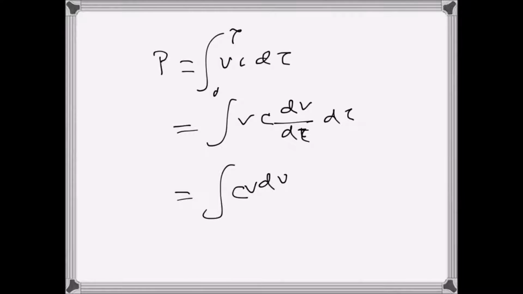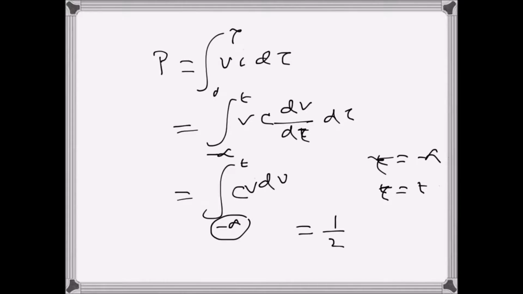So the integration is from minus infinity to t. Minus infinity is before it started, so before this the voltage was 0 because nothing was connected, but when tau is equal to t, the voltage is V. So if we do the integration, we get V dV, whose integral is V square over 2, evaluated from 0 to V, so basically